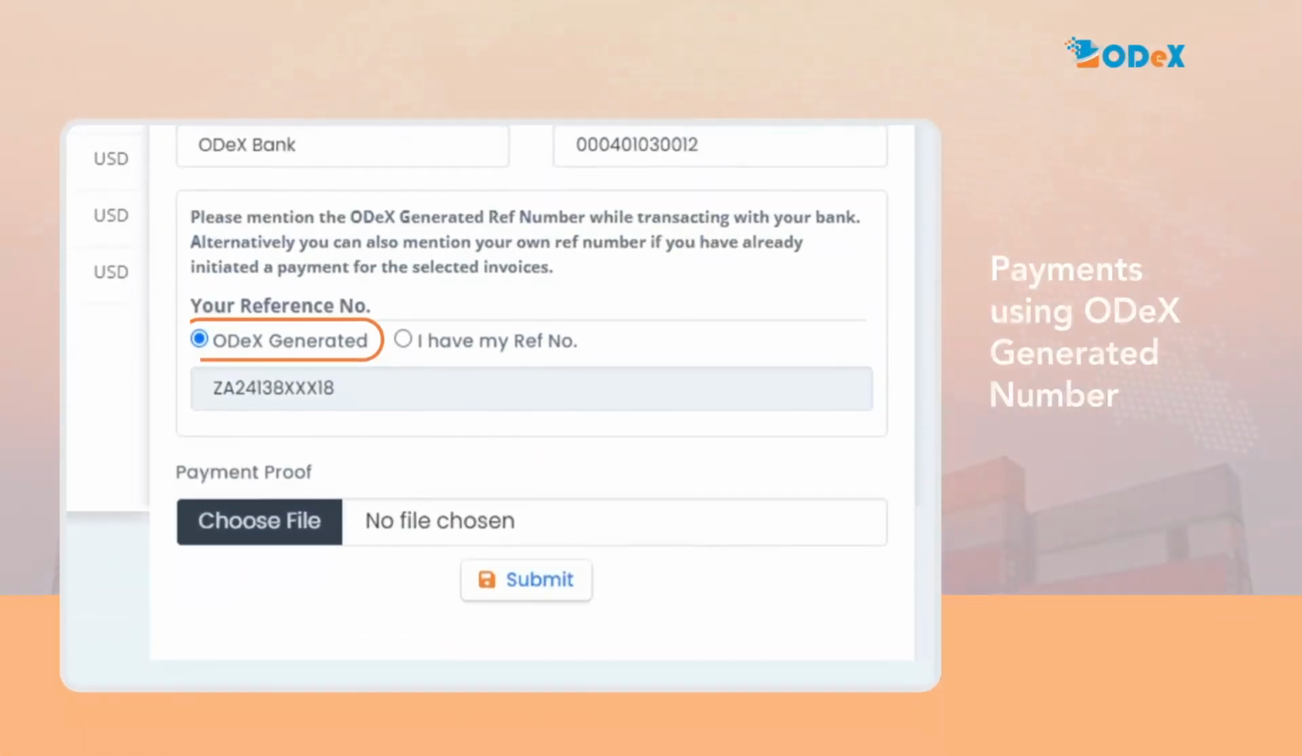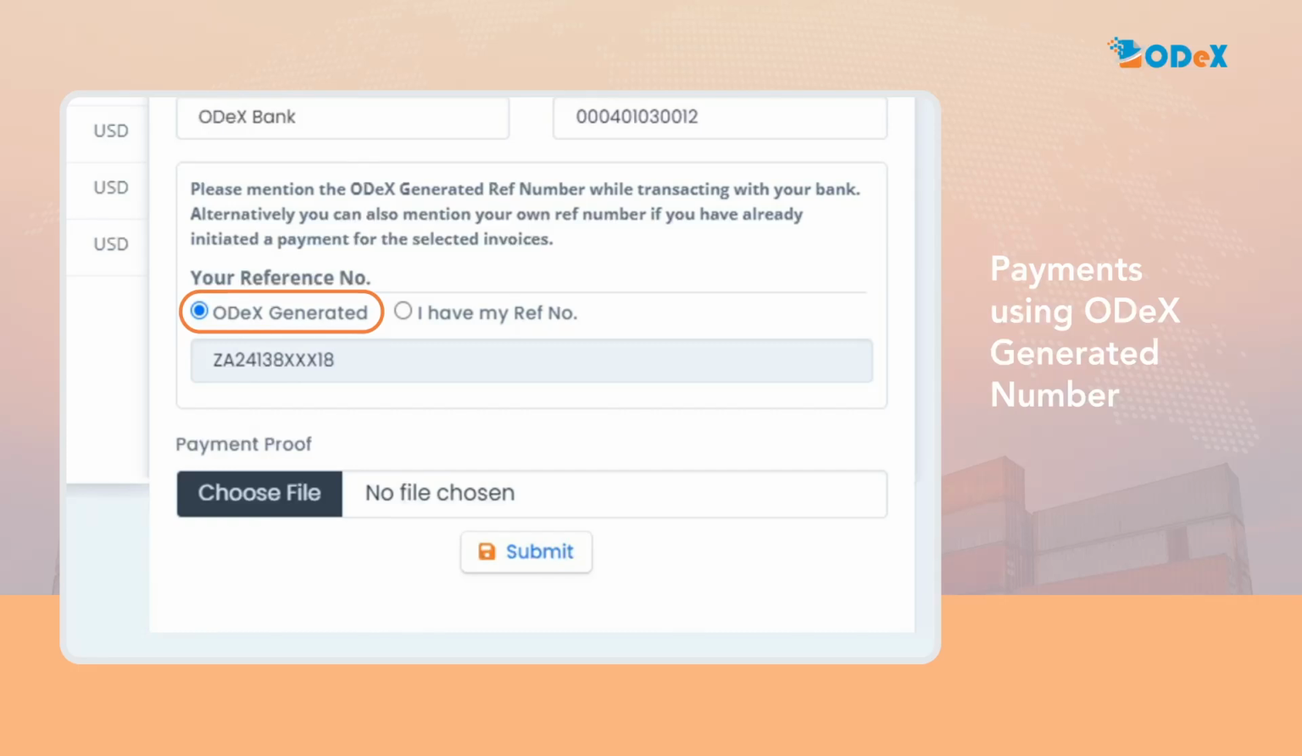Method 1. Payments using ODeX generated number. Before proceeding with a payment to the shipping line, please ensure to select ODeX generated number. You will find an option to generate the ODeX generated number displayed on the screen. When initiating a fund transfer, the customer should provide the ODeX generated payment reference number in the reason description field